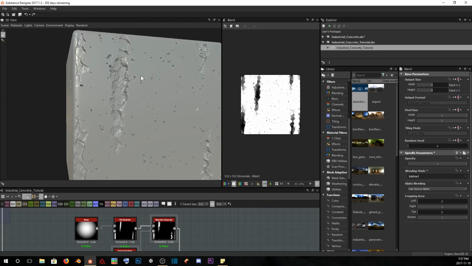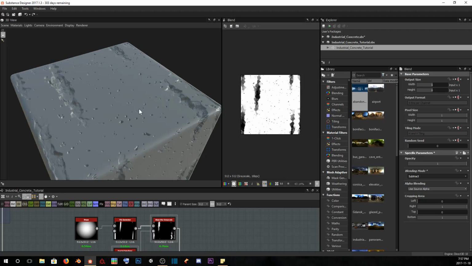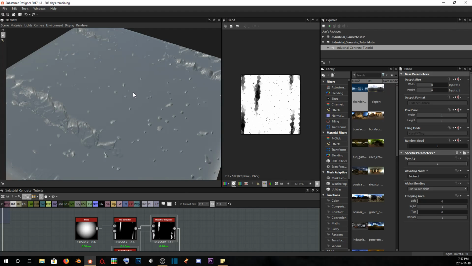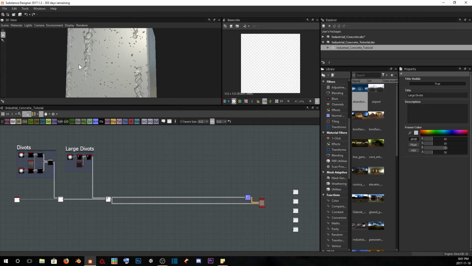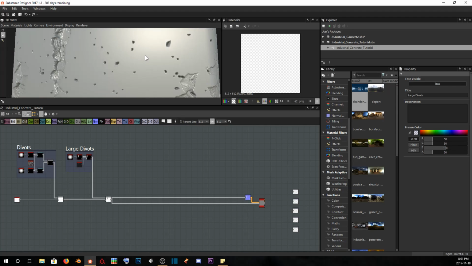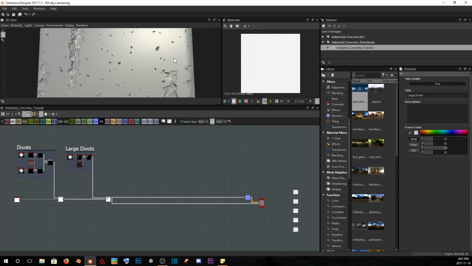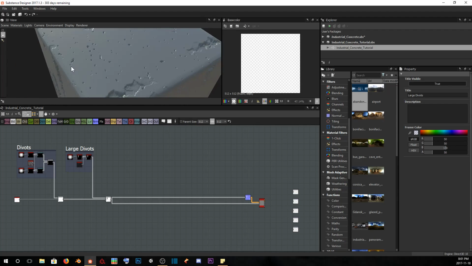I'll bring this guy down here just so we can see a little bit more. So we're getting our smaller little divots, but we're also getting our larger divots in between. So now that we've got both of our divots out of the way, I want to be able to make a bunch of cracks that are just going to run along the surface of our otherwise unscathed